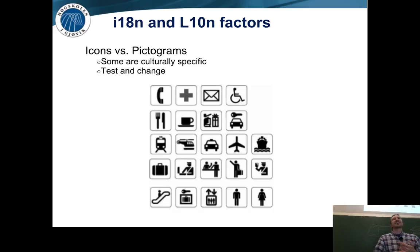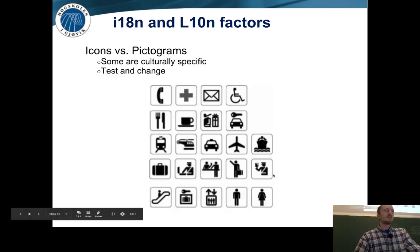You're showing those that are on the bottom of the screen. Say it again? Those icons on the bottom of the screen. Yeah. Instead. So, that's much more obvious, right? Yeah. But